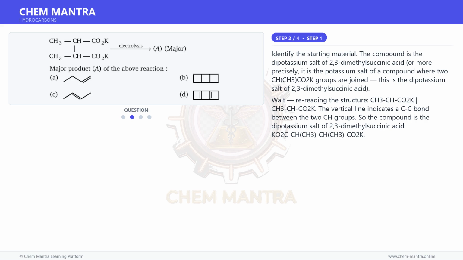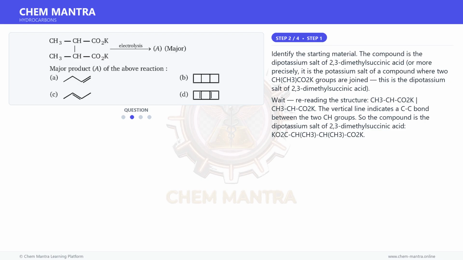Identify the starting material. The compound is the dipotassium salt of 2,3-dimethylsuccinic acid, or more precisely, it is the potassium salt of a compound where two CH3CH(CO2K) groups are joined. This is the dipotassium salt of 2,3-dimethylsuccinic acid. Wait, rereading the structure,